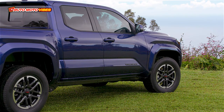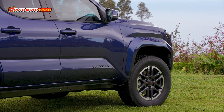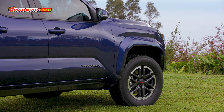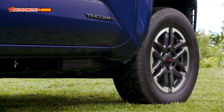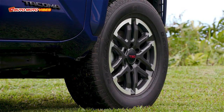The top of the line iForce Max uses a 2.4-liter turbo paired to a hybrid system to make 326 horsepower and 465 pound-feet of torque. Max towing is rated at 6,500 pounds and payload at 1,709 pounds. Four-wheel drive models have an electronically controlled 2-speed transfer case with a high or low range along with